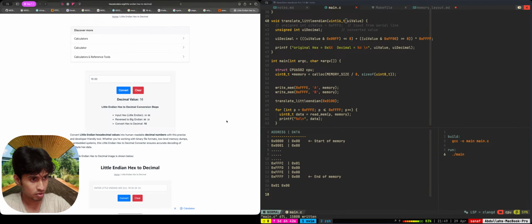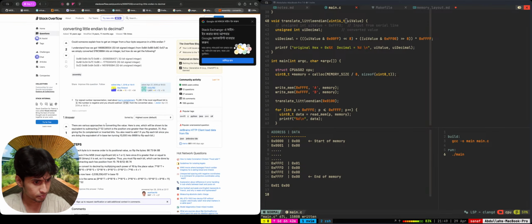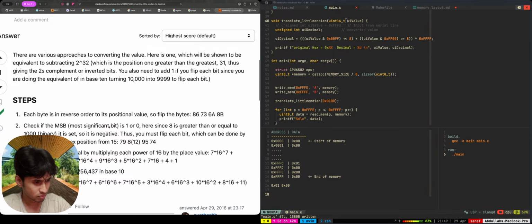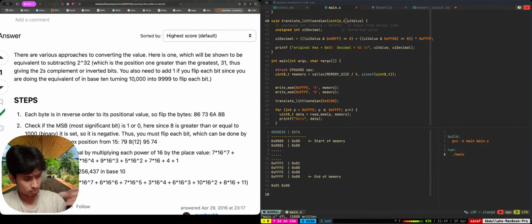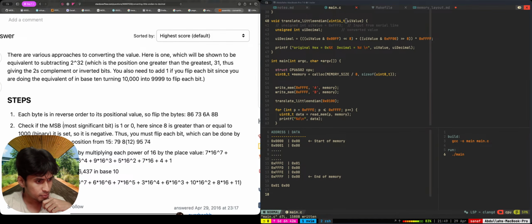Yes. Each byte is in reverse order to its positional value. So with the bytes,